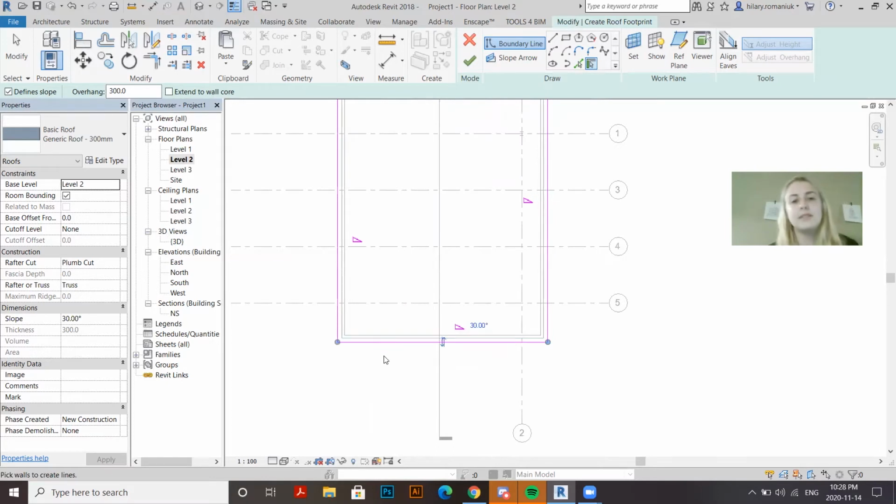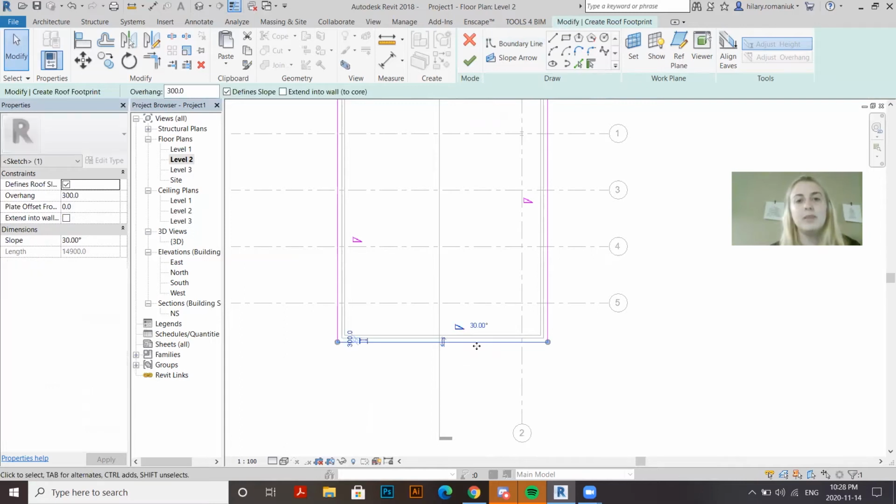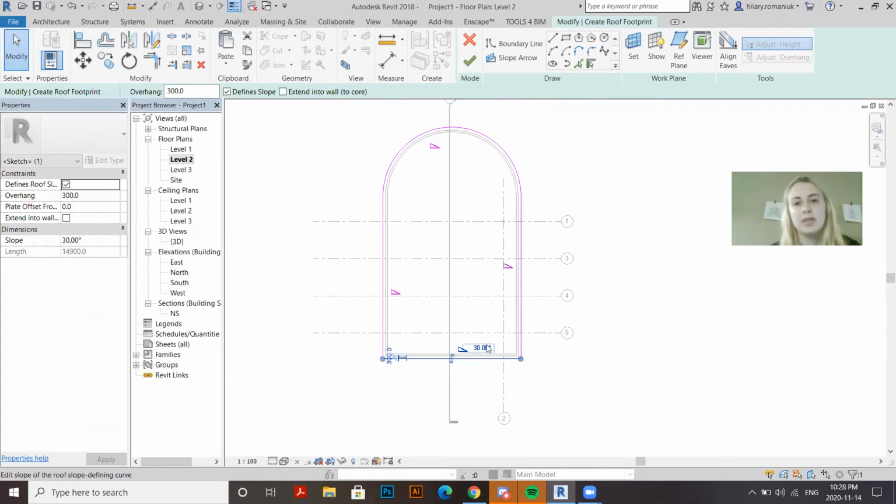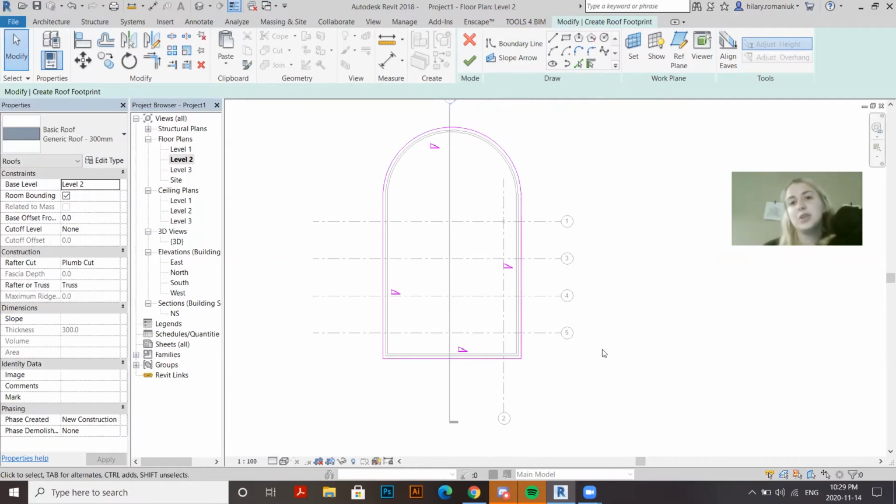Now I'm going to click escape just to show you. And now if I click here, you can see that all of these, when I drew them, had a slope of 30. What if I change this to 0? We'll see what happens. Now, another thing that you need to know when you're drawing something like this is